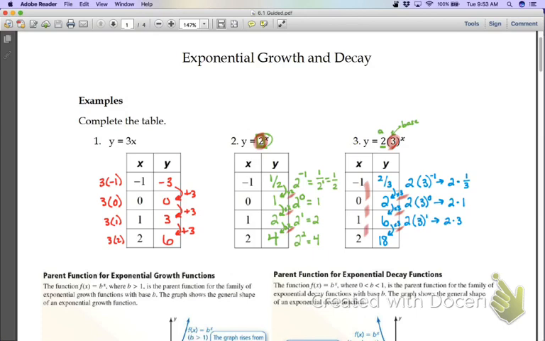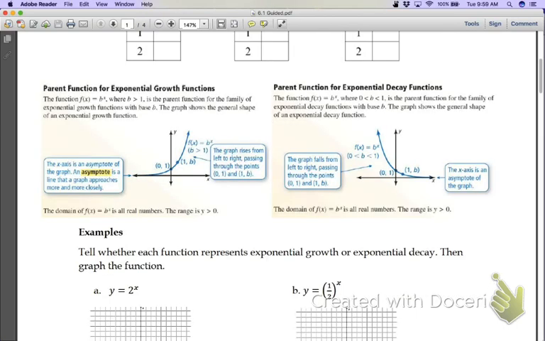Now, if I'm going up by 2 or by 4, if it varies, then you've got to pay attention to what's happening. But if my x value is just counting by 1 every single time, I'm just going to multiply by whatever that base is. Once I have an idea of where my starting point is, I'm just going to multiply by 3. So then, whenever we get into exponential growth and exponential decay,